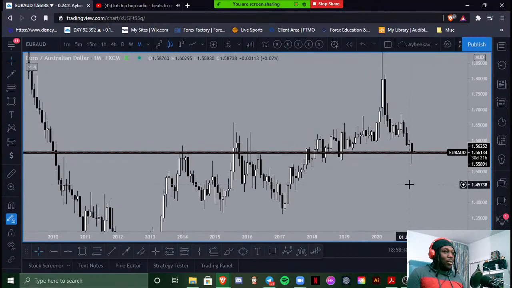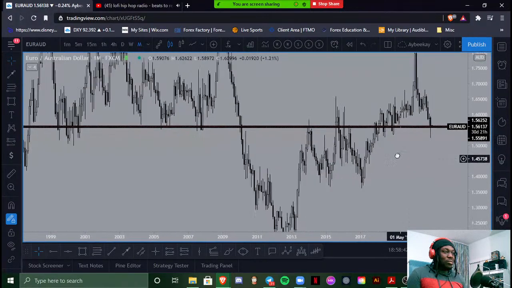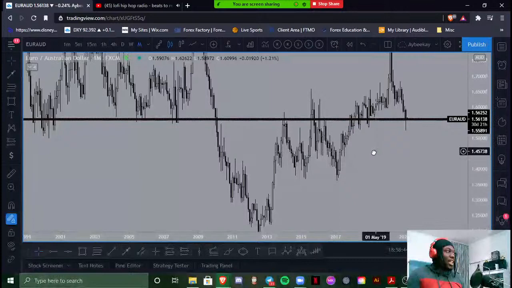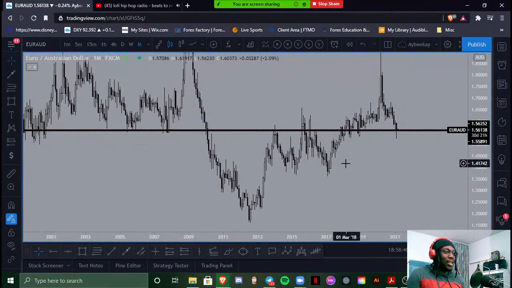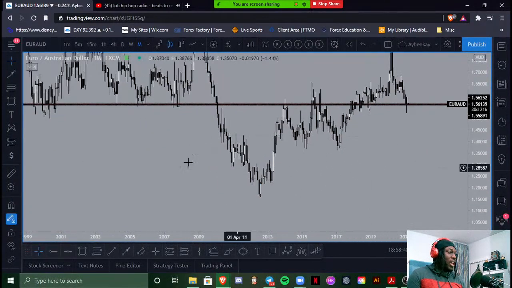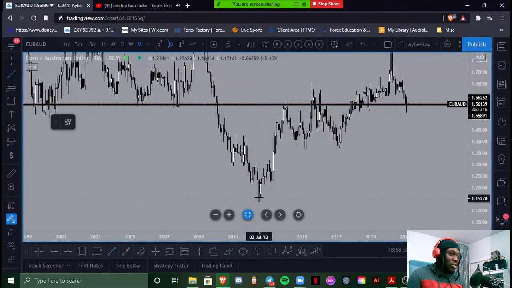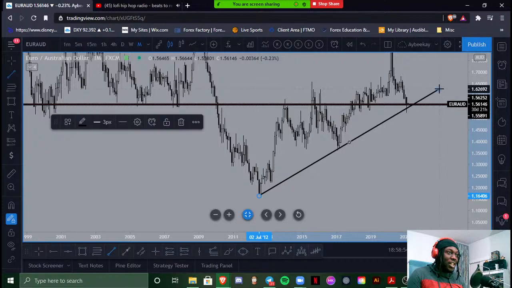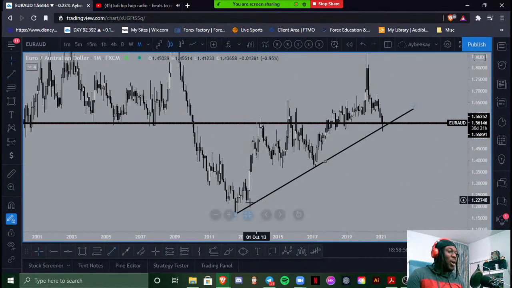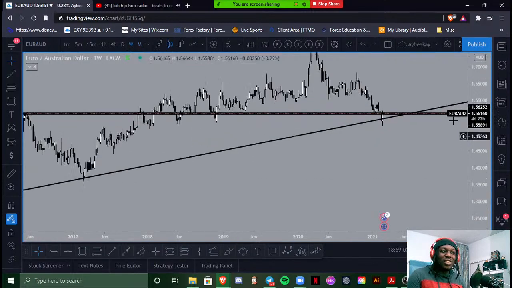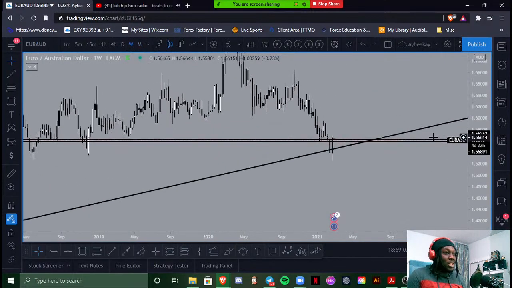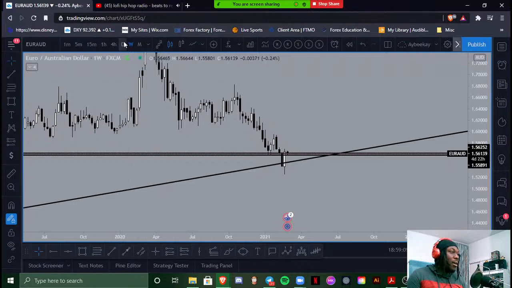And I mean, from a weekly point of view, you could kind of say that from a monthly point of view, you could kind of say that EA is bullish. If you want, you could even draw a trend line on it, and you could argue that it's bullish. 1, 2, 3 trend lines confirmed for trend line traders. So this could very well be a push to the upside, but